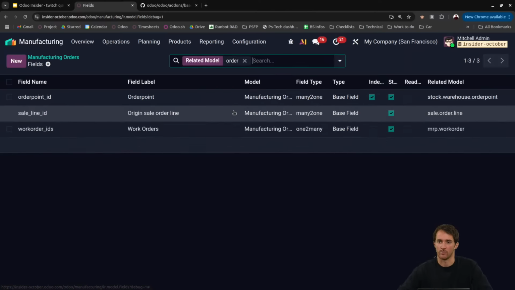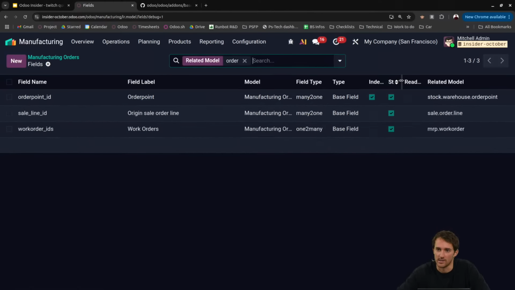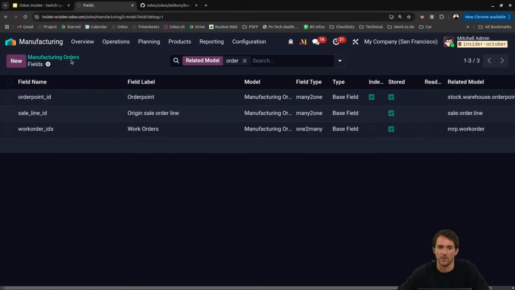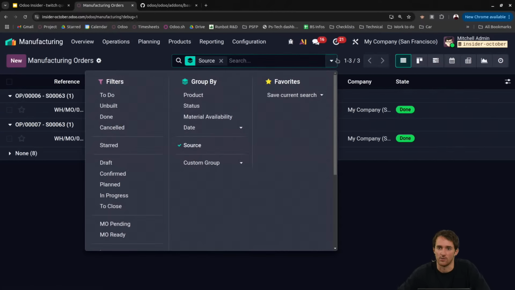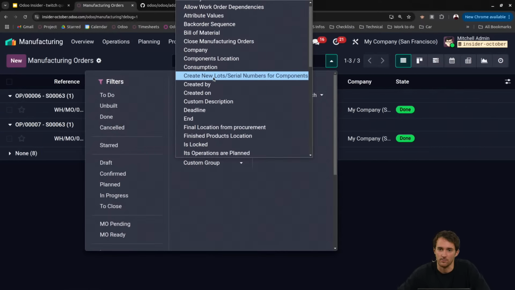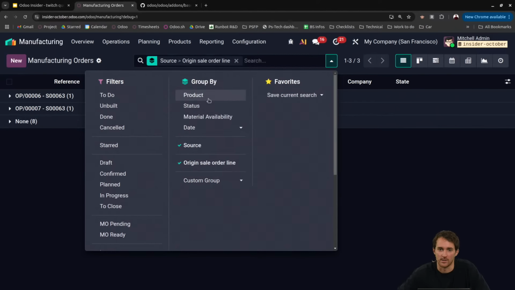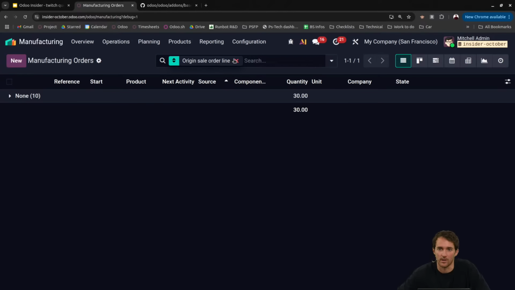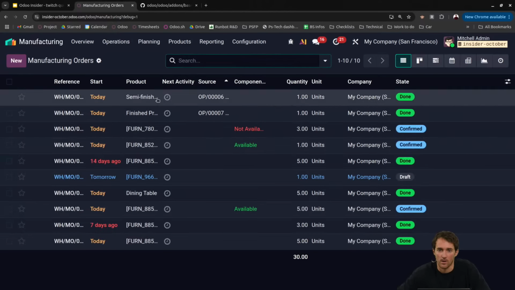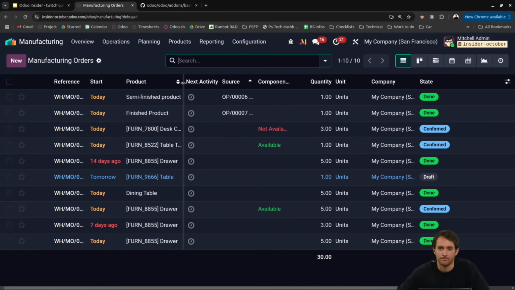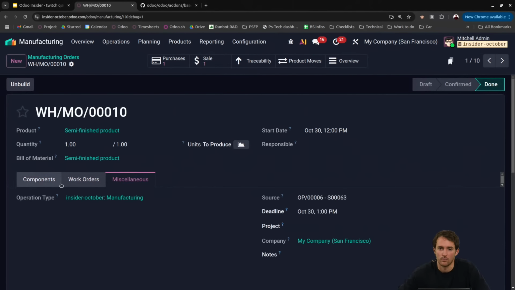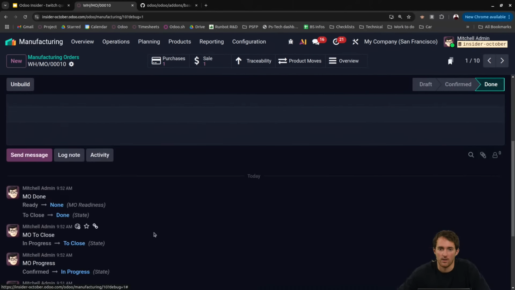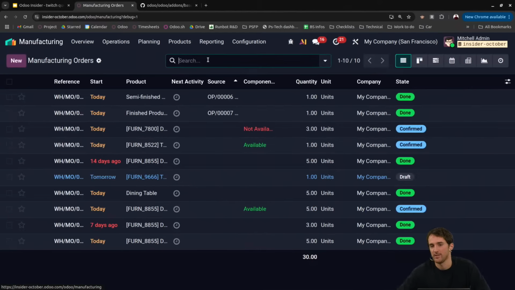Let me just come back here to my field. Yeah, it is stored still. Origin, it's origin sale order line. Okay, let's try to select this one then. So it's with O, yes, this one. And I want to uncheck source. No, no, both are not linked together. Yeah, maybe the source is still the best way to do it, because